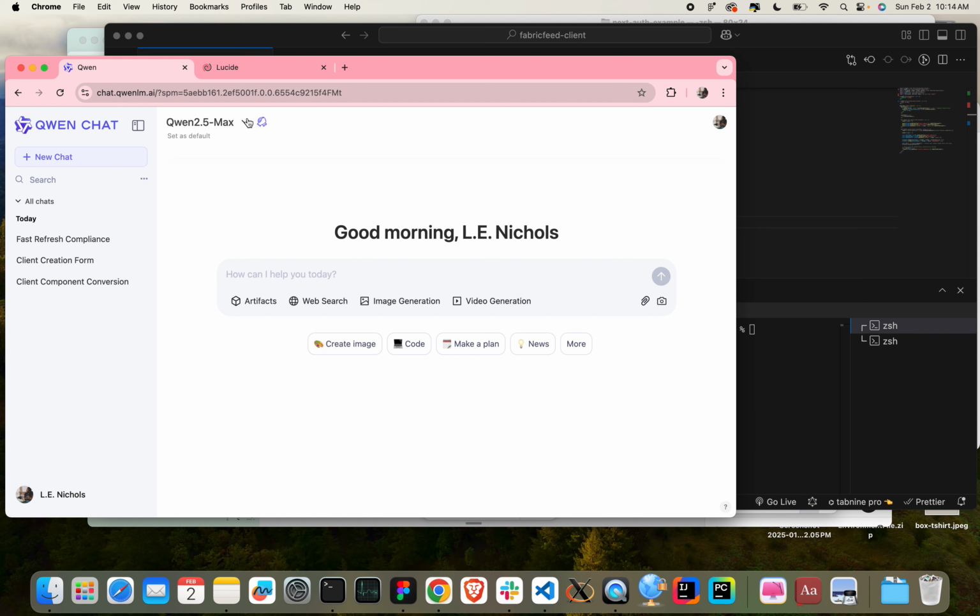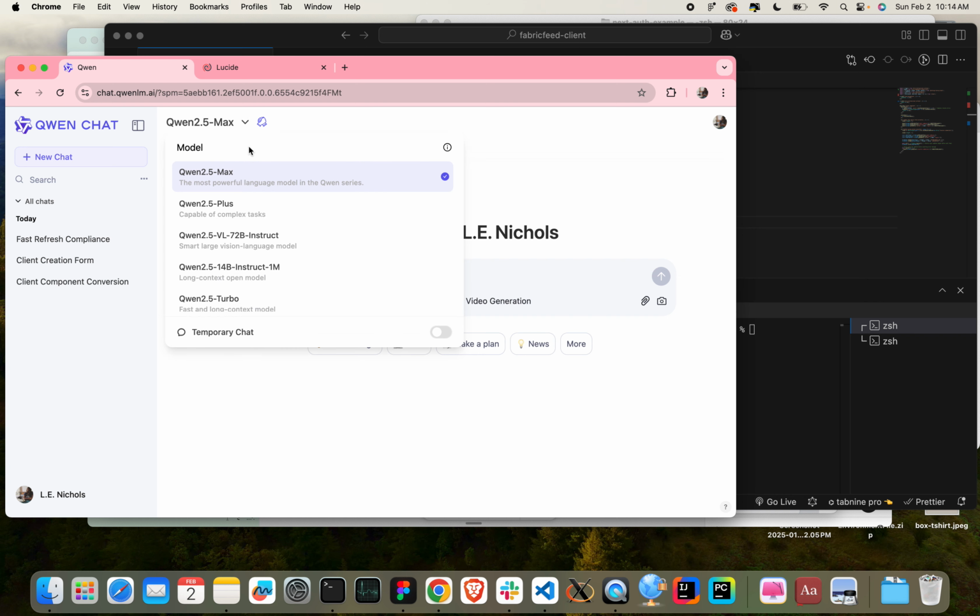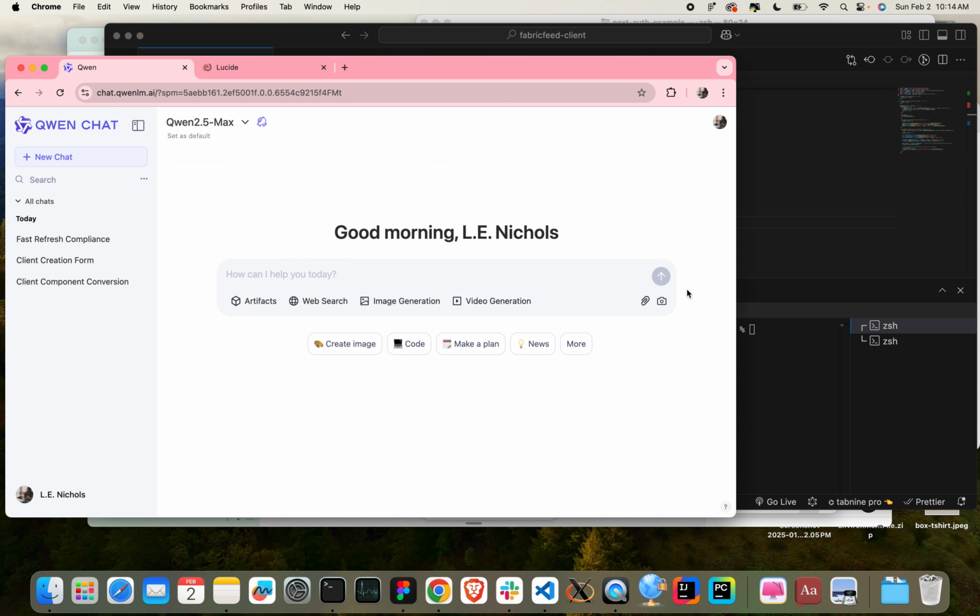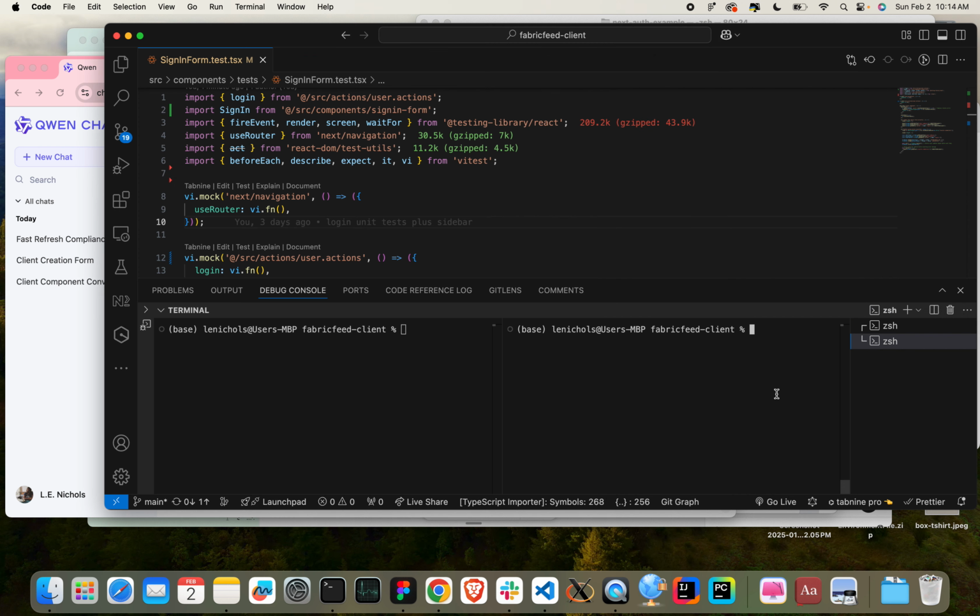And they actually have multiple models here. But I'm going to be using the Qwen Max, 2.5 Max, the most powerful language model in the Qwen series. So that's the most common one, and it's free. So basically, what I would do is I'd run my npm run build,